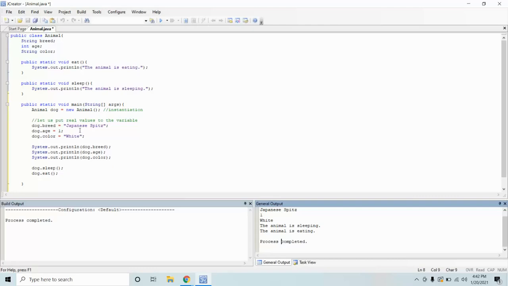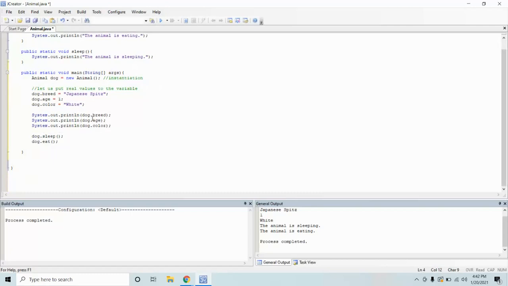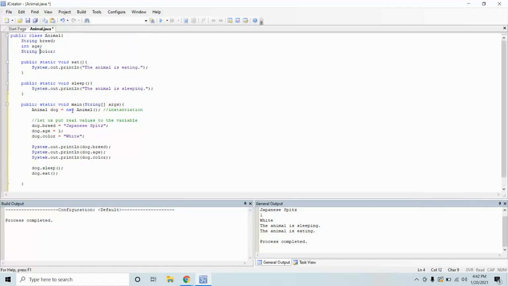In programming terms, this is called invoke. Call or invoke, they mean the same thing. And that is the dot or the period. Check this out. Dog.breed, so we are calling breed. Dog.age, we are calling age. Dog.color, we are calling color. And then dog.breed, we are calling